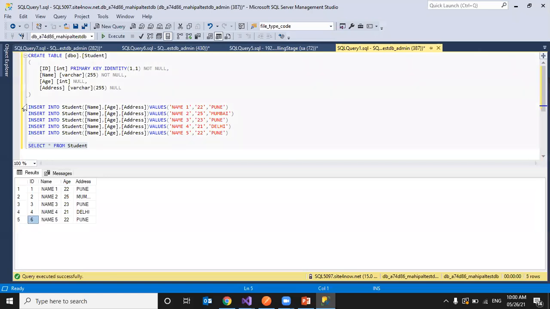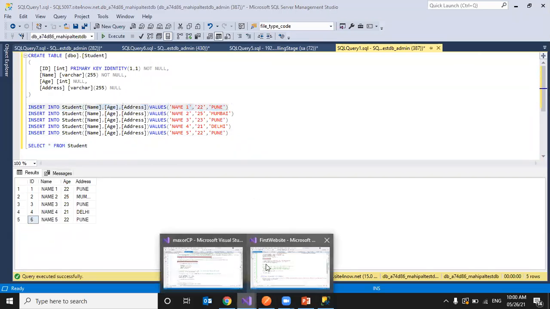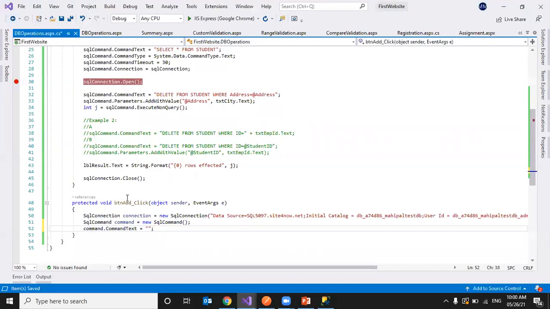Yeah, this one. Insert into student. What are the columns we are inserting? We have to specify that, like name, age, address, and its values, like name, 122, Pune. So this is the query. We have to write that query now in C# as a command text.